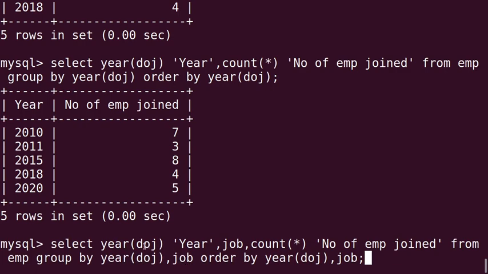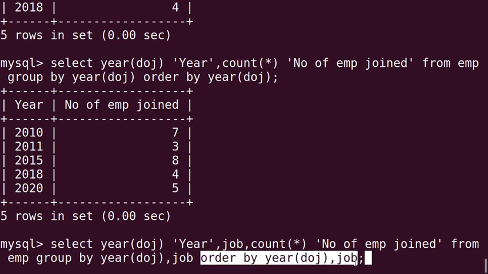Means first all the records will be grouped based on the year of DOJ, and then within that the records will be grouped based on the job field, and next all the records will be sorted first based on the year of DOJ and then based on job.